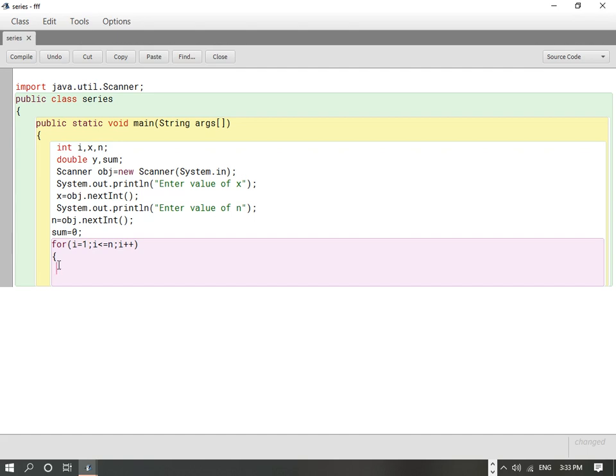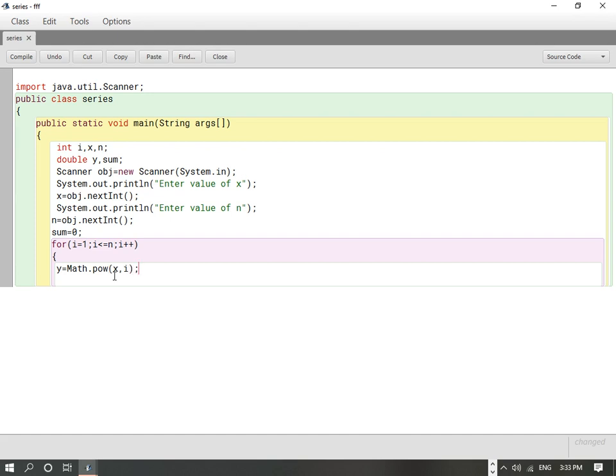So next we are going to take this variable y, which will store the powers of the number x. So this is equal to, we are going to use one system defined function, that is power, and the syntax for writing is Math.pow, that is the power function, and this is going to compute x to the power of i.